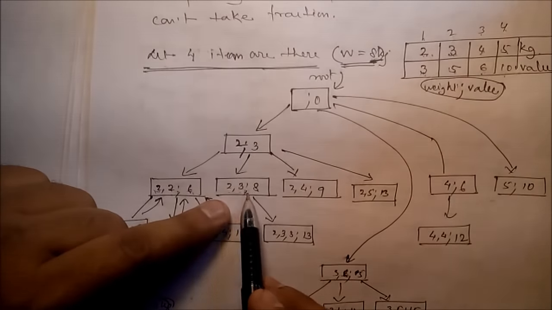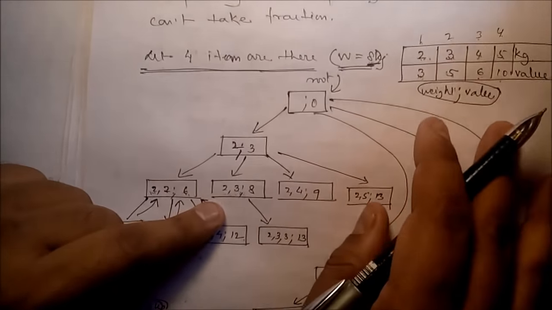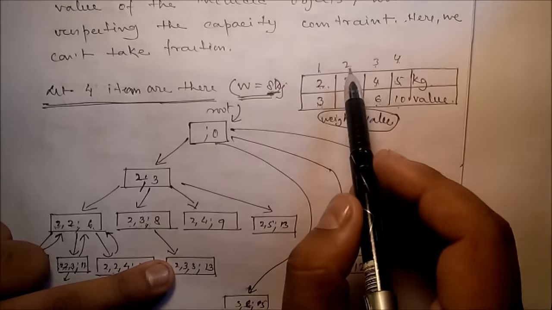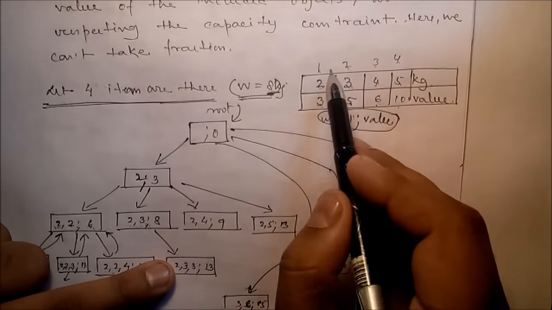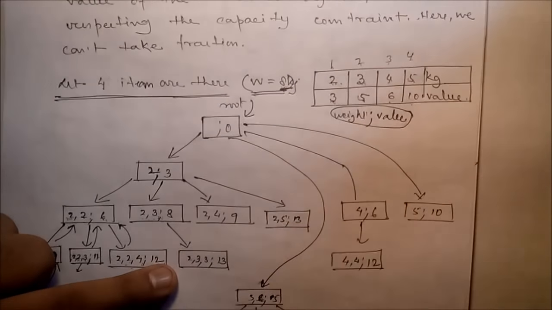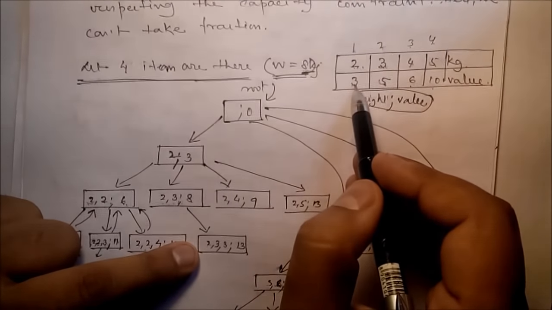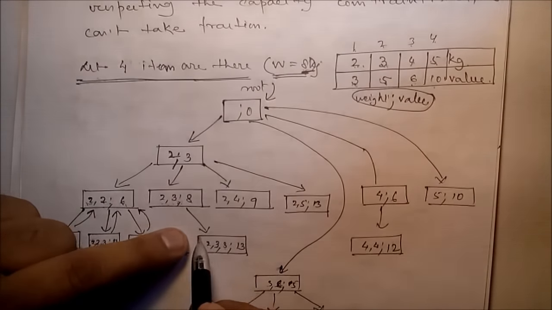Now can you check another 2 comma 3 comma 3? Yes, so total kilogram is 8, so total value 3 plus 3, it is 10, 3 plus 3 means what? Another 2 second items are there, total value 10 plus 1 first one, so 10 plus 3 is 13. Okay, so can you take another 2 comma 3 comma 3 comma 2? No, we can't, because it exceeds. Return back.